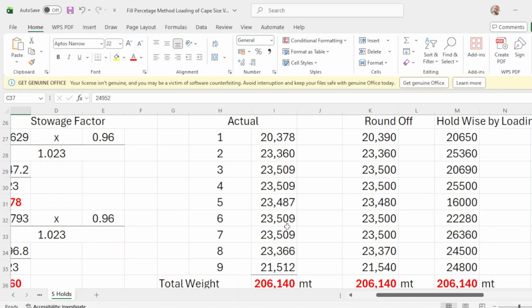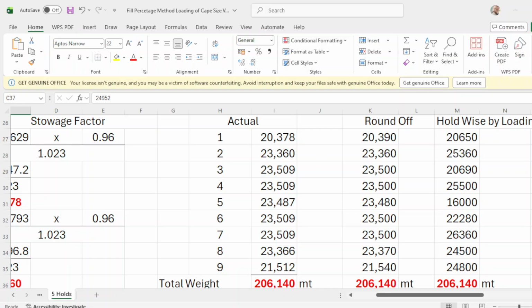Number 6 is 23509, you make it 23500. Number 7 is 23509, you make it 23500. Number 8 is 23366, you make it 23370. And number 9 is 21512, you make it 21510. Total of 206,140, which is the same.